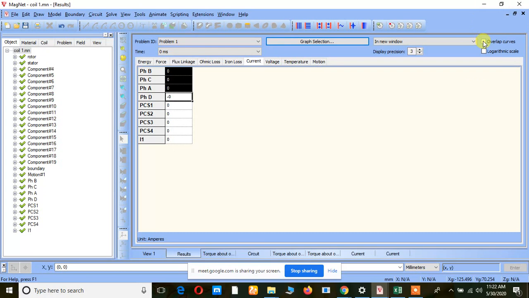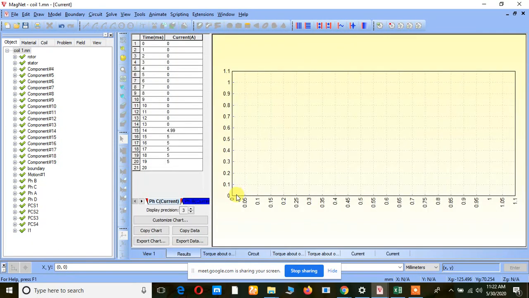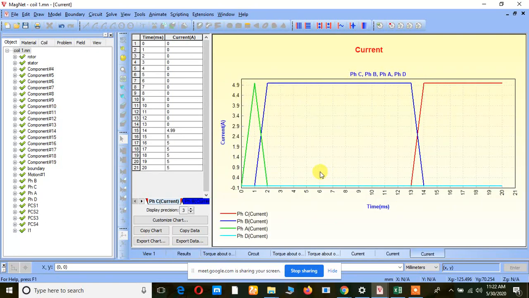One is overlap curves. So enable that overlap curves and then give graph selection. We can get the compared result for phase A, phase B, phase C and phase D.